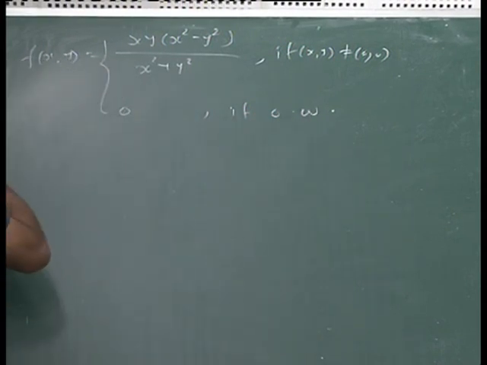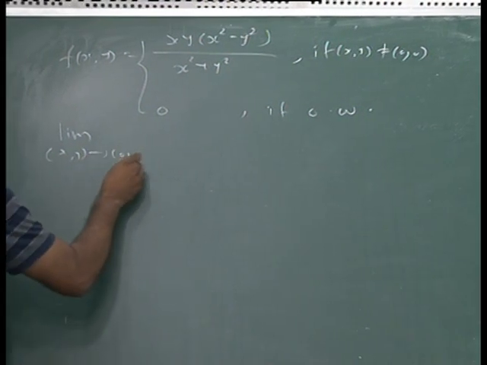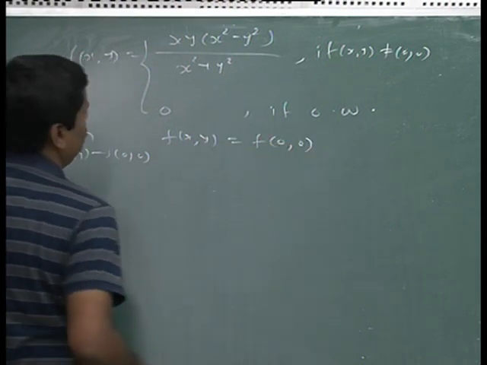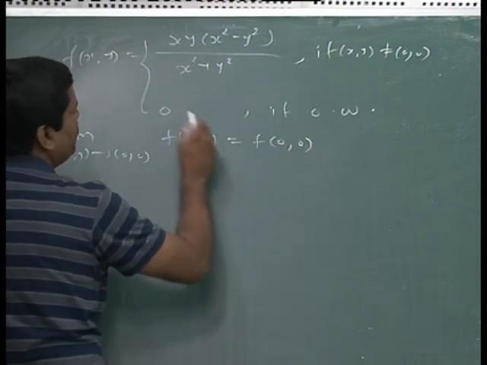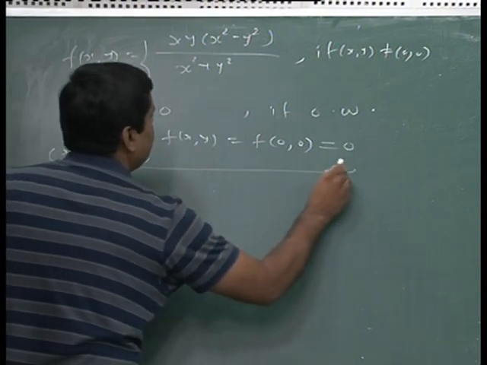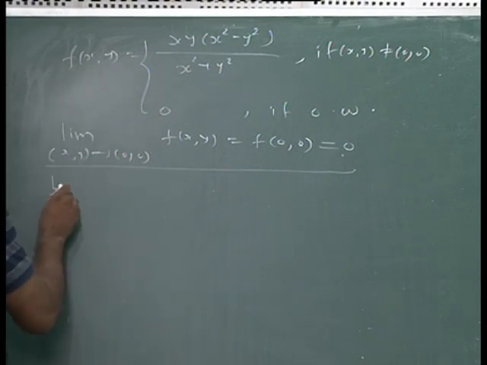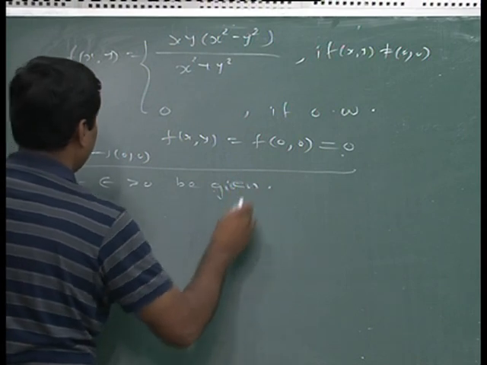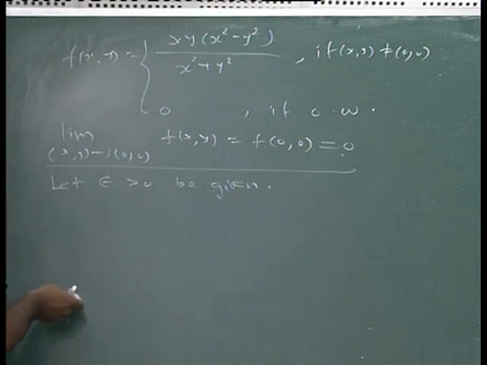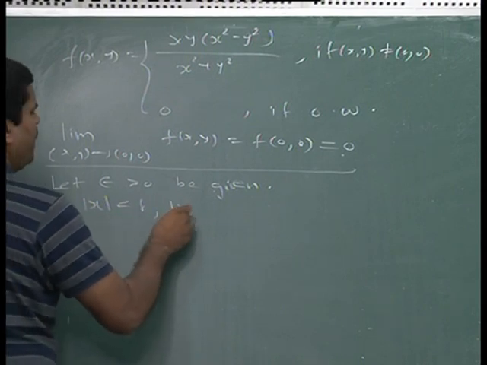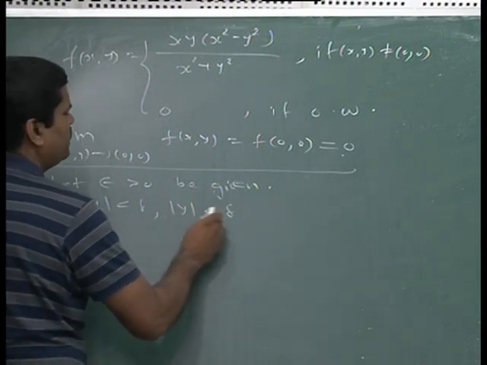Here also I will prove that this function is continuous. So, I am going to show that the limit as (x, y) tends to (0, 0) of f(x, y) is equal to f(0, 0). But what is f(0, 0)? Again, by the definition of the function, it is 0. So, in short, we are going to prove that this limit exists and it is 0. So, for that, let us start with an epsilon greater than 0 given. And we want to find delta so that whenever 0 less than mod of x minus a less than delta and 0 less than mod of y minus b less than delta, but a and b are 0.